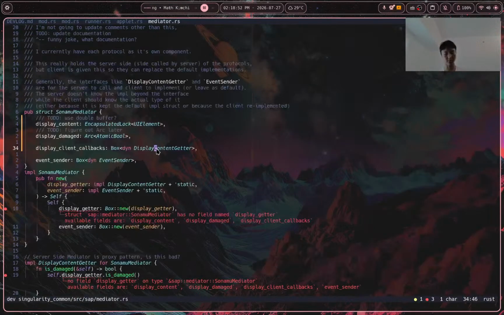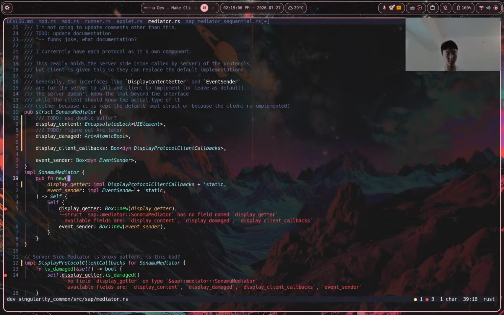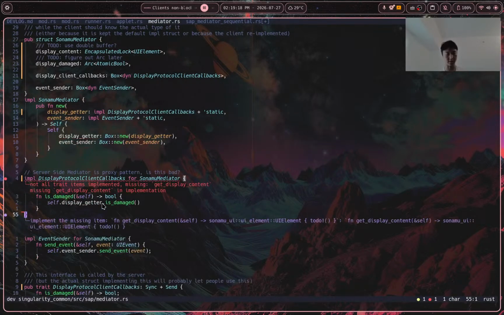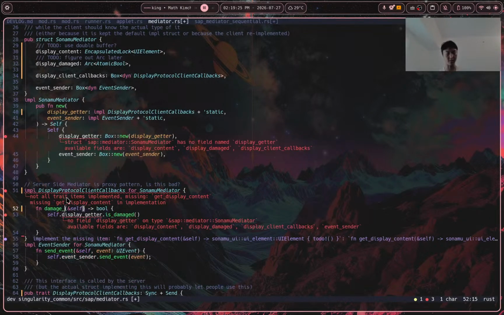Rename this. Then the client gets to, we don't need to get display content. Then this just says damage was